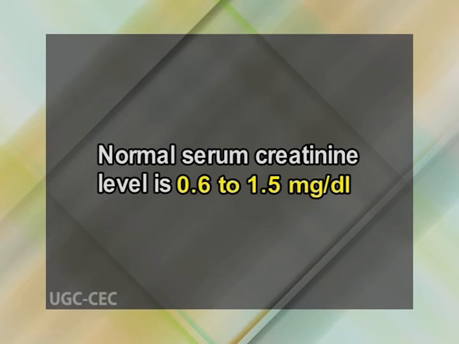Creatinine is freely filtered at the glomerulus and is also, to a very small extent, secreted into the tubules. So, any problem with the glomerular filtration has a significant effect on the excretion of creatinine, resulting in a substantial rise in serum creatinine level. Normal serum creatinine level ranges from 0.6 to 1.5 mg per deciliter. Serum creatinine is a better indicator of renal function, and more specifically glomerular function, than urea. Creatinine is most commonly measured in laboratories colorimetrically by Jaffe's method.